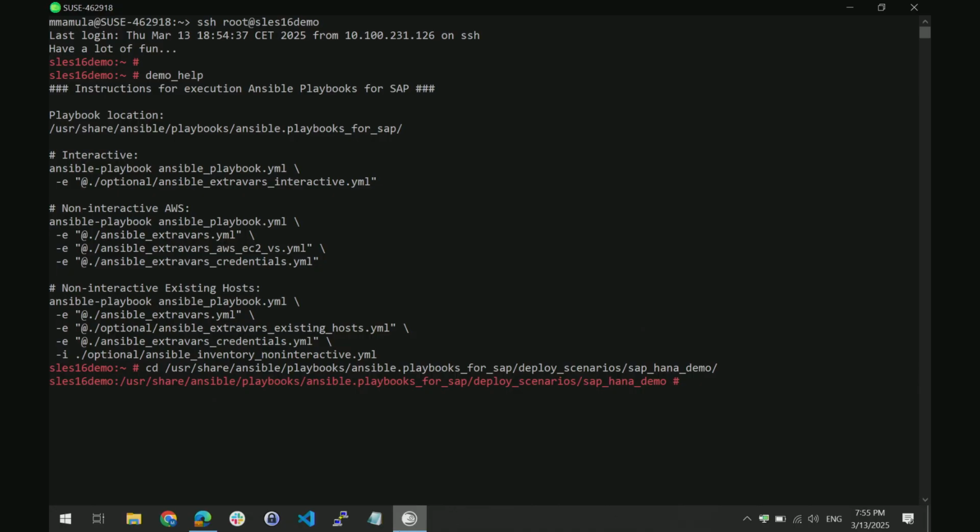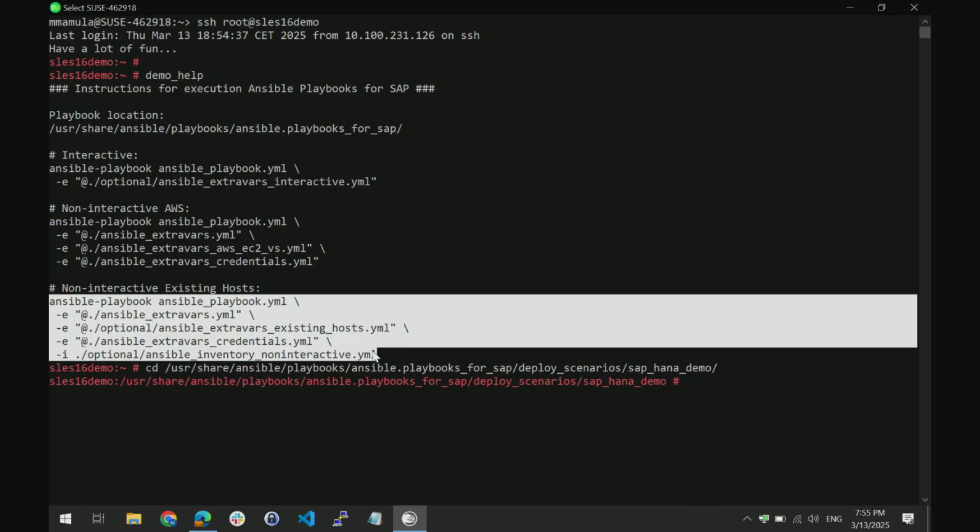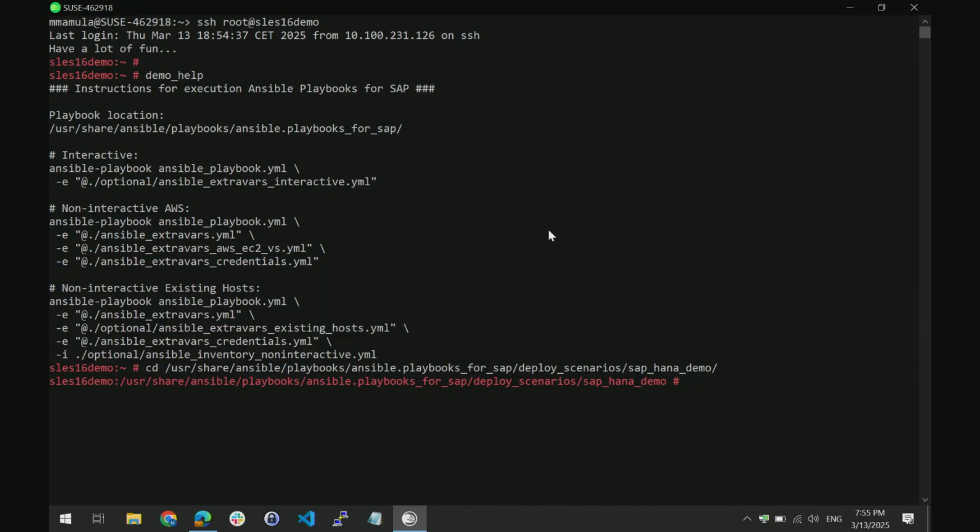As I mentioned, I have all three cases tested out, so you can follow all of those three: interactive, non-interactive, and existing servers. Just for posterity, I will run the one that is here as the last one. I have my own servers, so I don't need to provision. Provisioning is not a mandatory step for any of the automations mentioned here.